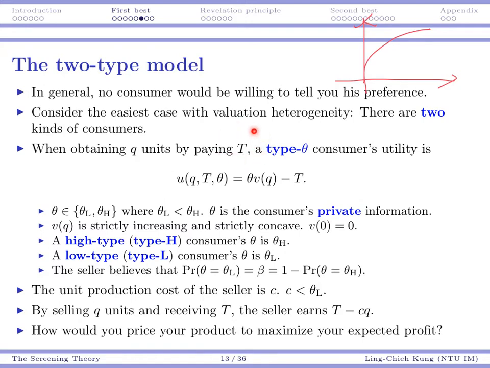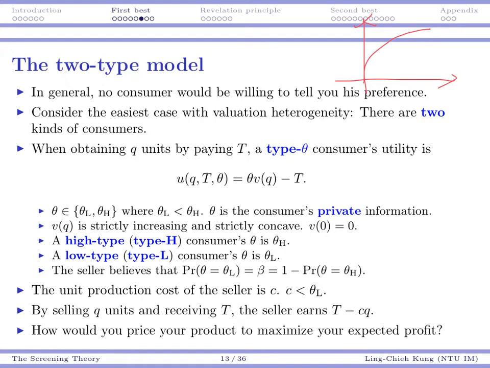Here, the payment is denoted with the variable capital T. That means I, as a consumer, pay $T to get Q units. That's the setting for consumers. Theta H and theta L are possible values of the consumer's type theta. We say that a consumer is of a high type, or type H, if his type theta is theta H. Otherwise, it's low type, or type L. Let's assume that the seller believes there is a probability beta for consumers to have a low type. The seller does not know